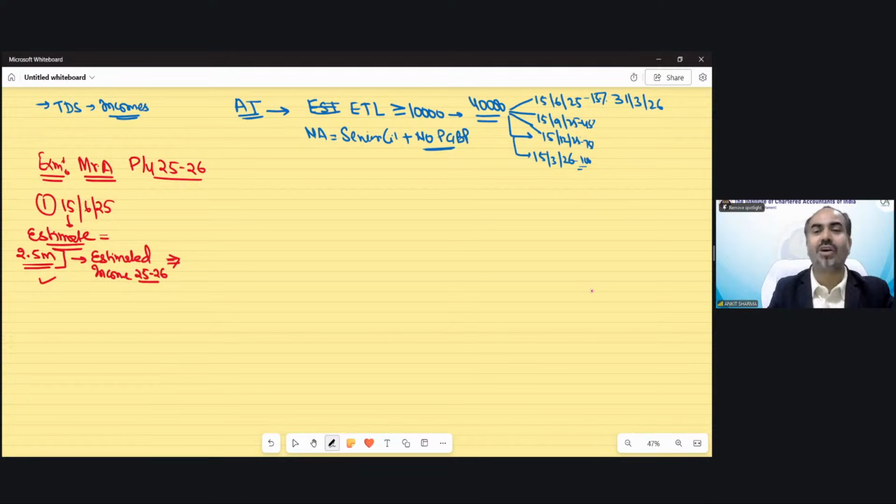But from the point of view of examination, that is not that difficult, because in the examination, this estimated income would be given in the question. After 2.5 months, it would be written that as per Mr. A, he will have an estimated income of, suppose, 20 lakh rupees. After 2.5 months, he estimated his income is 20 lakh. This would be given in the examination.